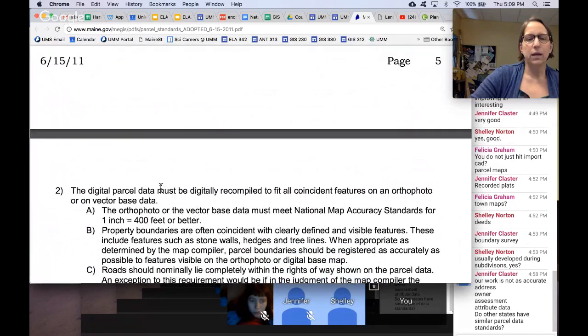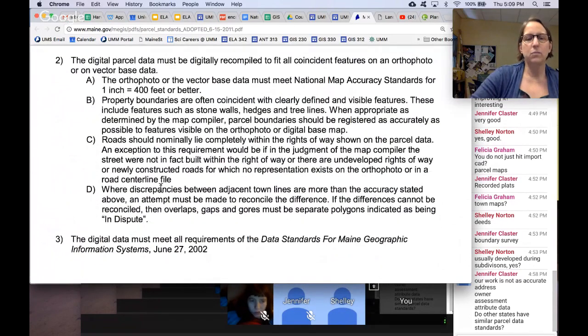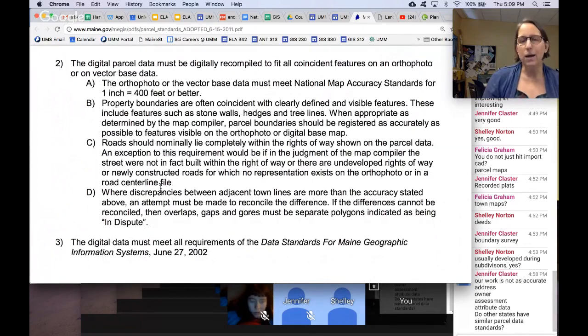Level 3 is more stringent. So it has to be recompiled, so essentially digitized in a seamless fashion, but it has to fit all coincident features on an orthophoto or a vector base. And that's much more difficult to do. It often requires field checking. When I've had to map at this scale, at this level of accuracy, I'll often work directly with surveyors. We're about to start a project that will involve surveyors in downtown Machias, for example. And those surveyors, if they're worth their cost, they'll be able to tell you precisely where certain features are,